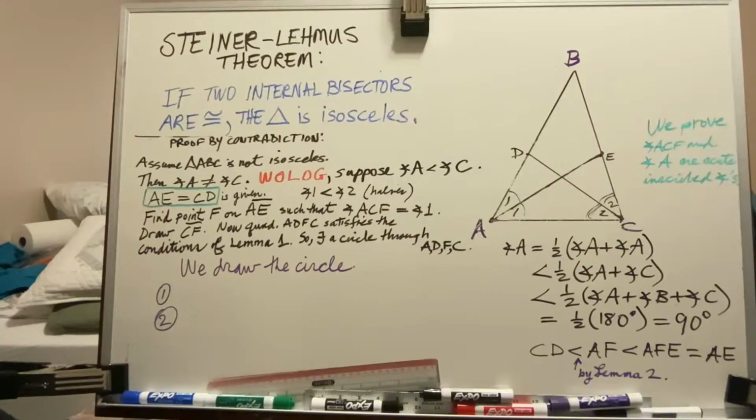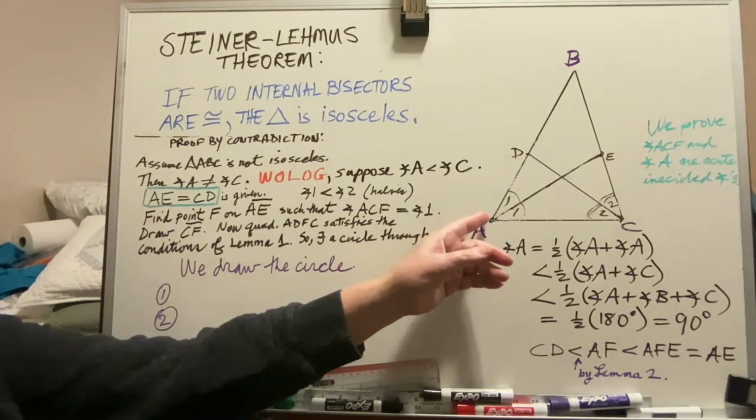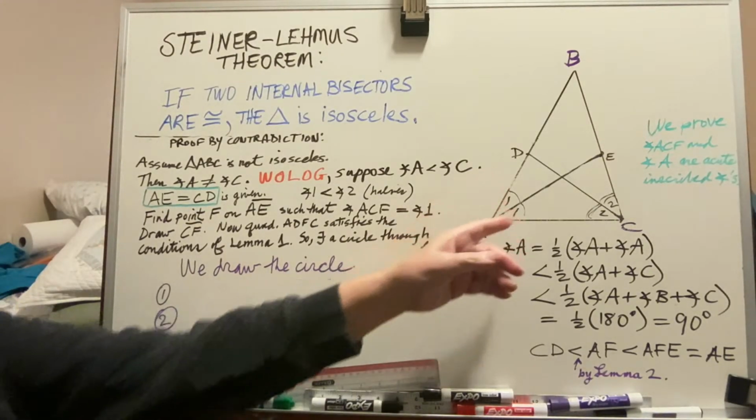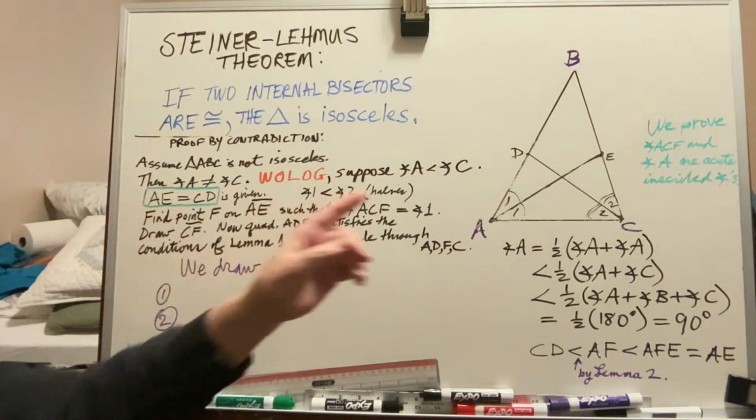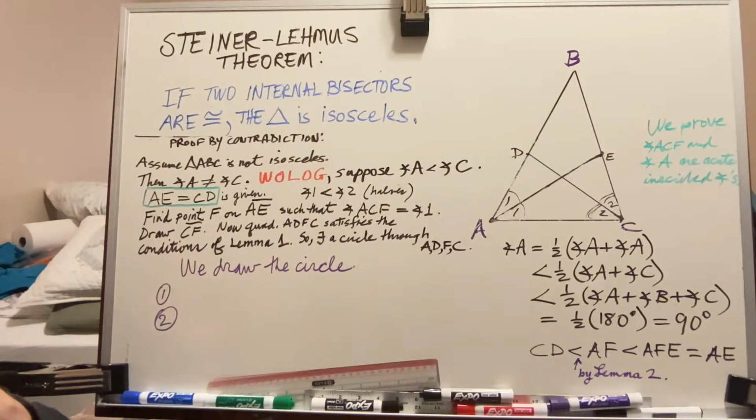which does say if the internal bisectors are congruent, meaning AE equals CD, then the triangle's isosceles. So this proof is by contradiction. So what we're going to assume is that the triangle is not isosceles. So if that's true,